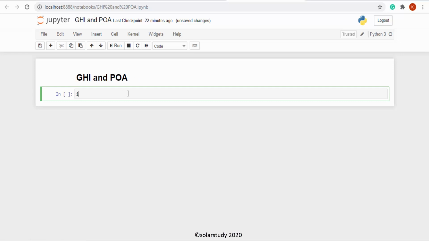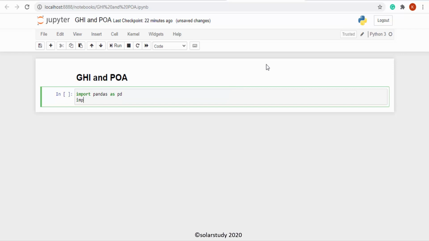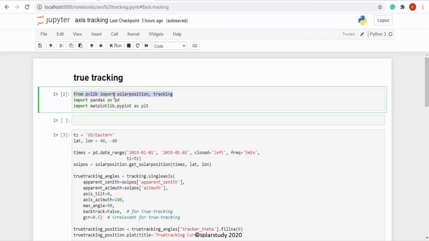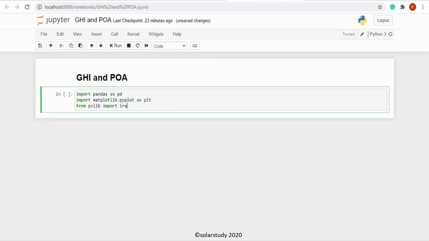I will import pandas. For data we require pandas, import pandas as pd, then import matplotlib.pyplot as plt. Then I want to import irradiance. Previously we saw importing solar position for axis tracking.